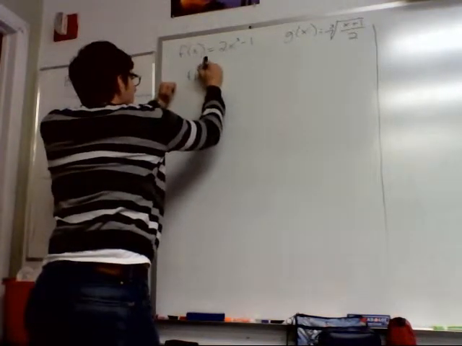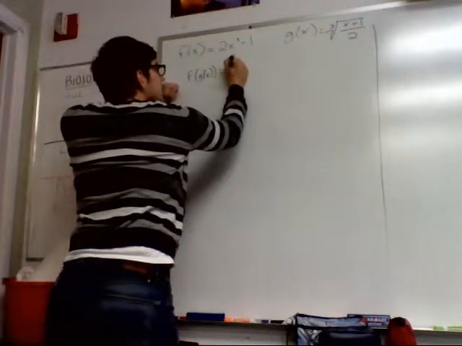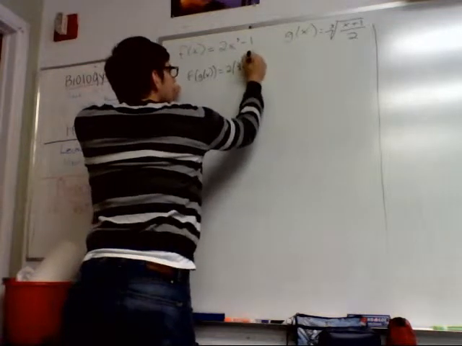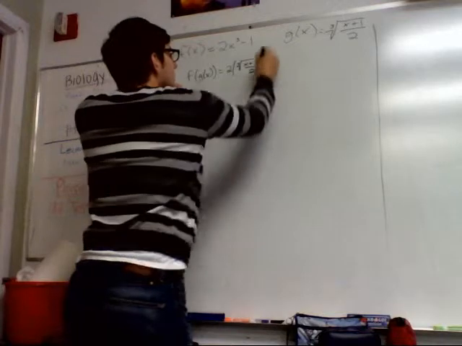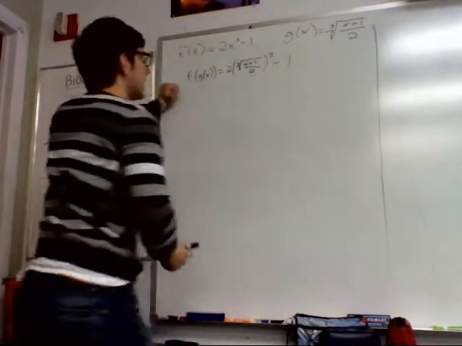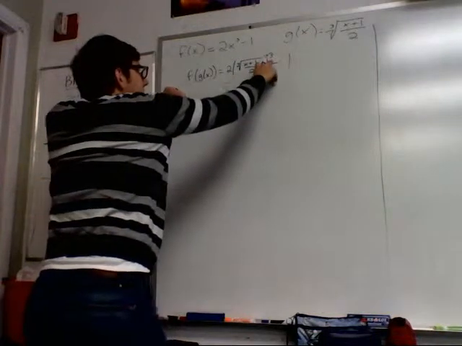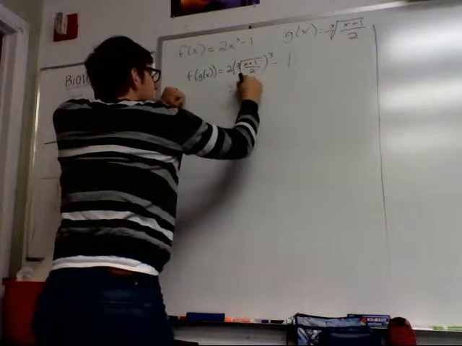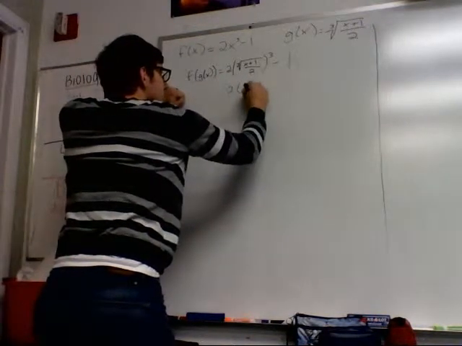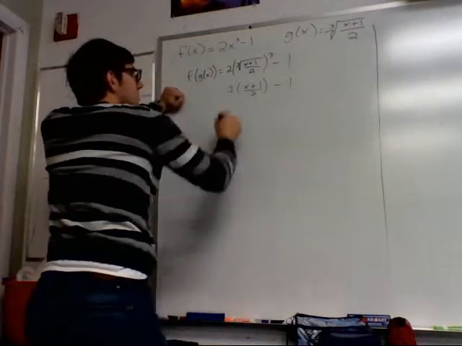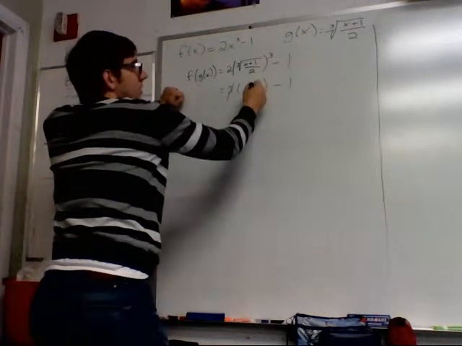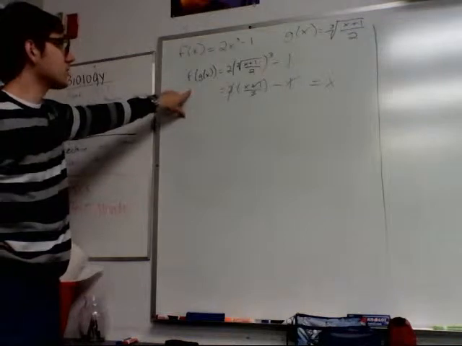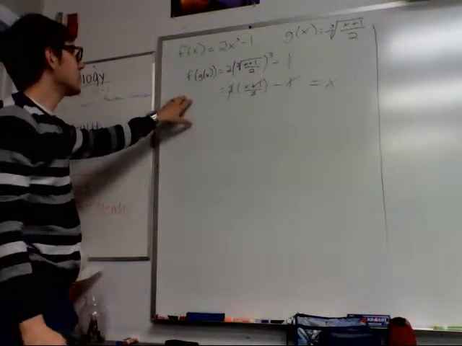So f of g of x equals 2 of cubed root x plus 1 over 2, and all of that's cubed minus 1. Okay, so here we can obviously see the cubic here and the cube root cancel out, so what we end up with is 2x plus 1 over 2 minus 1. The 2's cancel, right? 2's gone, and then the plus 1 and minus 1 cancel, and we're left with x. Okay, so g is an inverse of f, and to fully prove it, we need to know that if we reverse this,